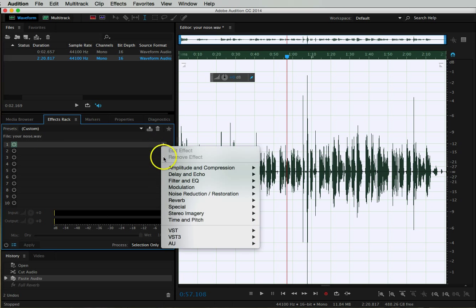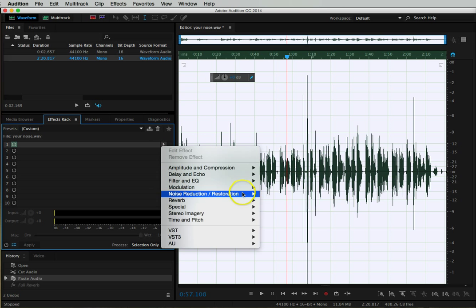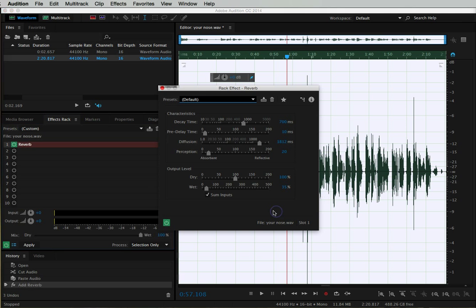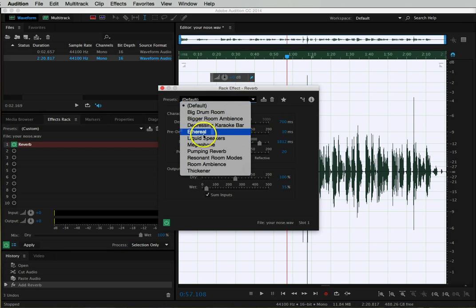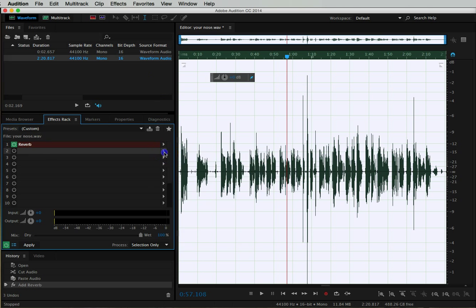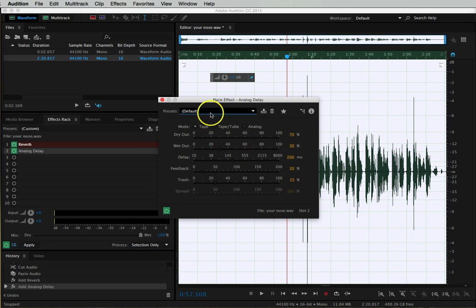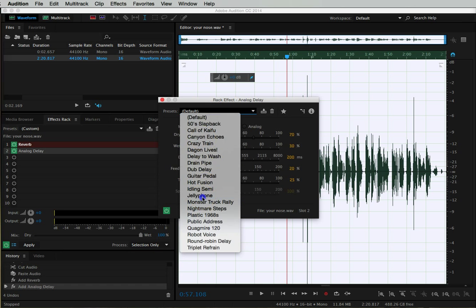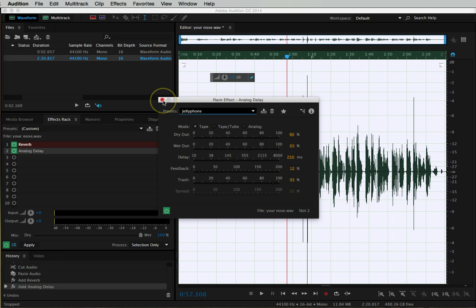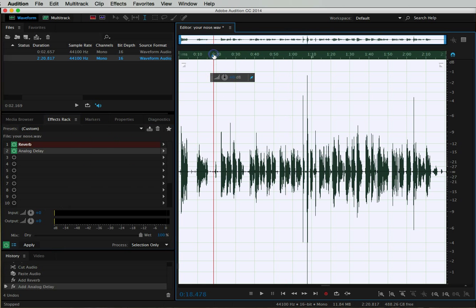So to add an effect here, I shall put a reverb on there again, and we'll start off with liquid speakers, and then we might add another effect after that. So we'll do an analog delay, and we'll pick something. Jellyphone sounds interesting, etc. So now we've got this effects rack, and if I play the audio,